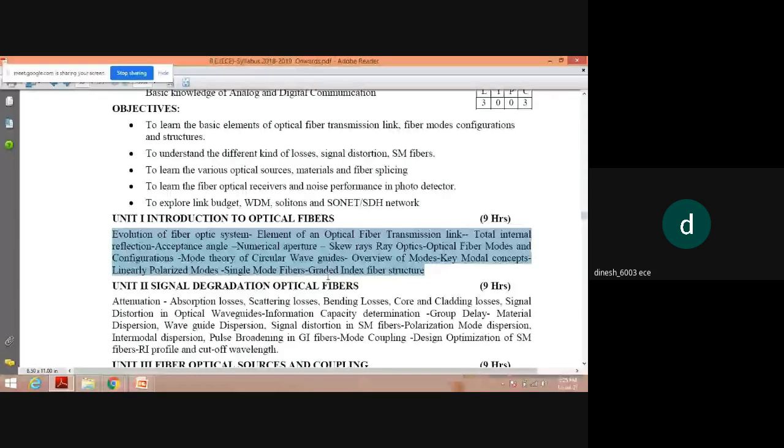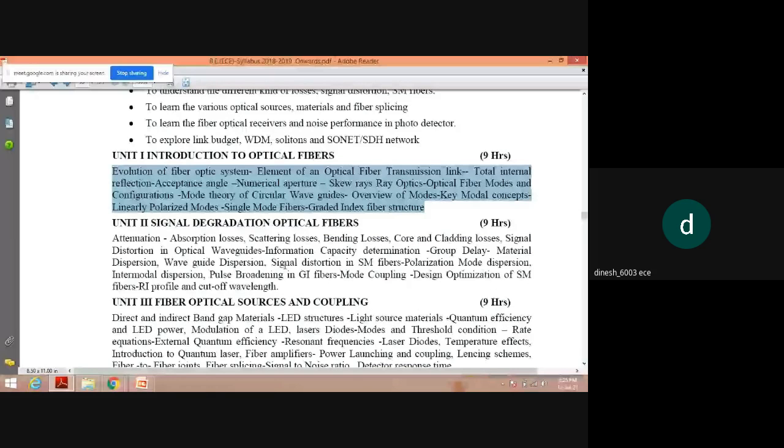What we're going to see in unit number 2 is the degradation of the optical fibers. When a signal is transmitted from a source to a destination, it undergoes different changes. So as we send 100 watts of power as a signal from a source to a destination, not all the 100 watts of power is delivered at the receiver. So due to the environmental factors, due to the